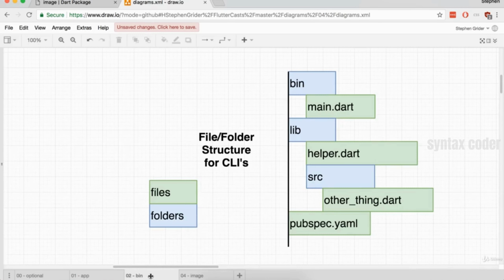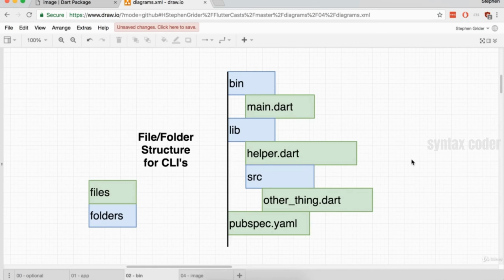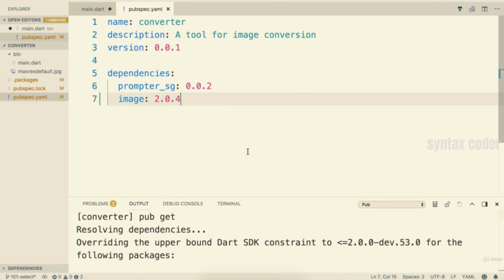Now, as a quick reminder, to generally organize our project, we put all the code related to the actual CLI running inside of our main.dart file. But if we end up having any kind of helper functions or any kind of helper operations that we might need, we'll usually put them inside of a lib/src file that we might name like other thing or whatever it is in particular. So I'm going to flip back over to my code editor,